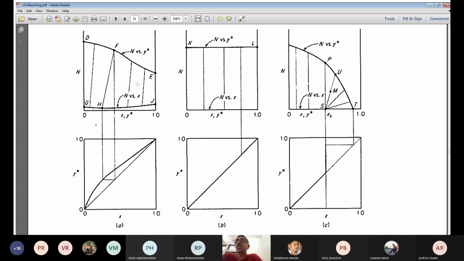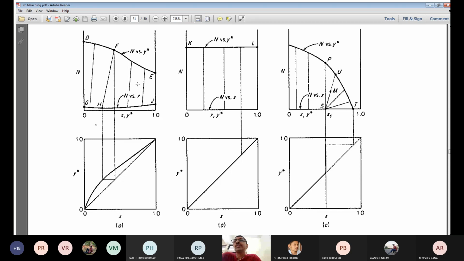Second case, if your solute is adsorbed on the surface of the insoluble solid after withdrawal, then also you will not get the vertical line. And if the solute is soluble in the solid B, and it distributes unequally between the underflow and overflow, meaning between the extract phase and raffinate phase, then also you will get this type of inclined tie line, not a perfectly vertical tie line.